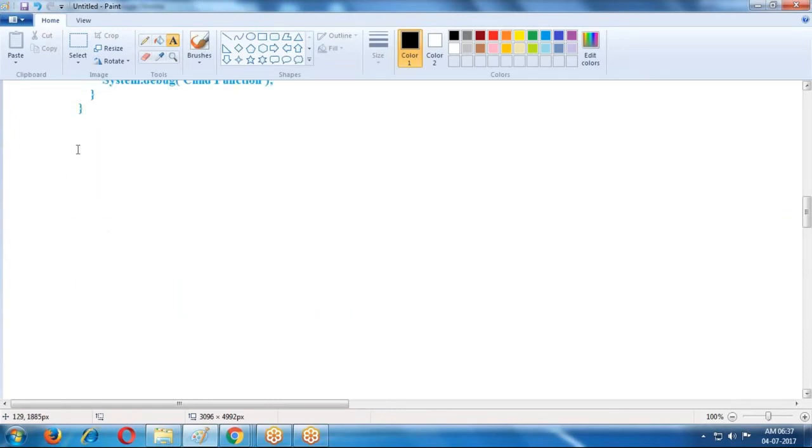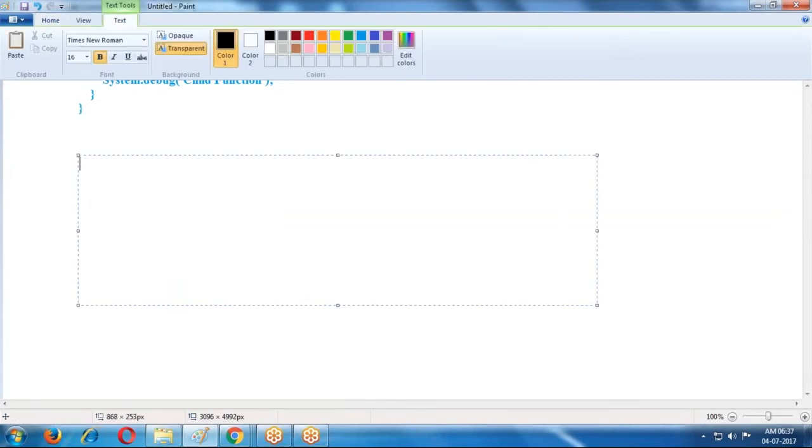Now there are two cases. Case 1. In case 1, we are creating an object of the parent class. How to create the object?